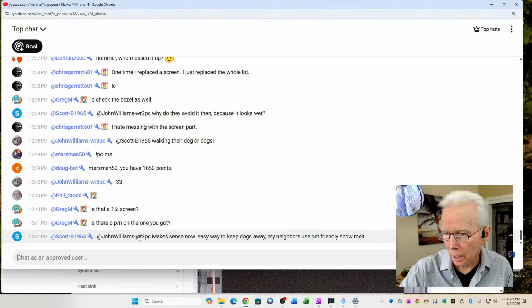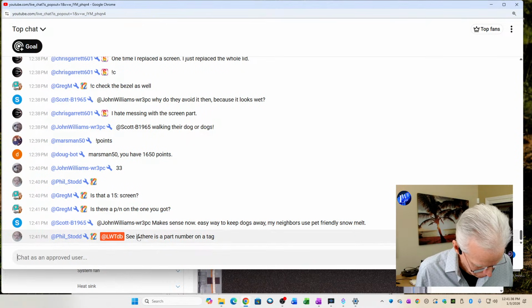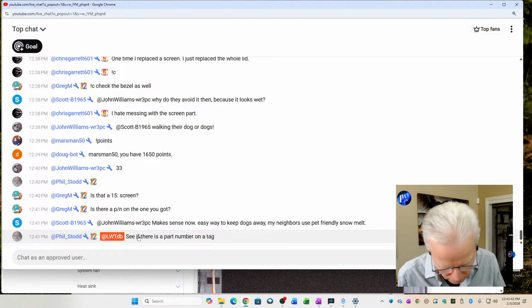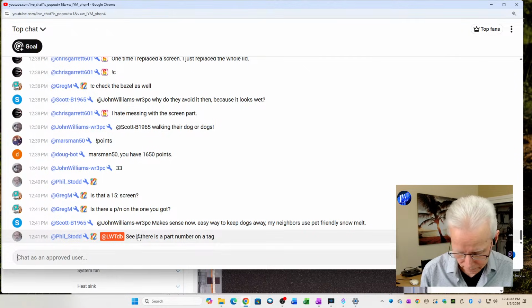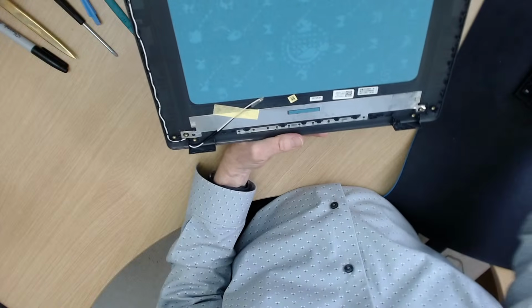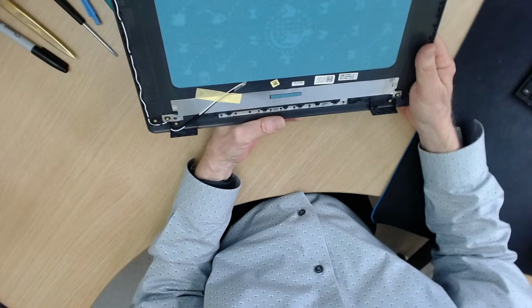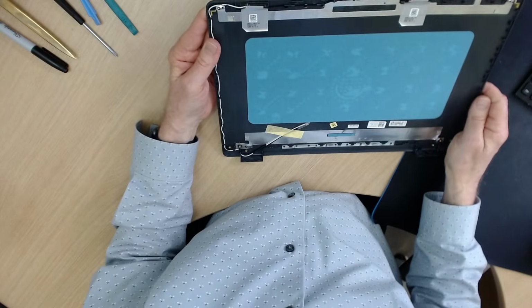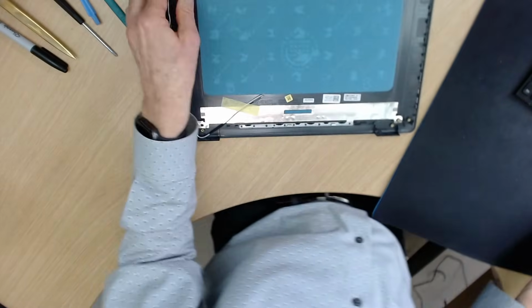Is there a part number on the one you got? Greg M asks. Yeah, there's a bunch of numbers. Is anybody able to come up with a link that we used last week for ordering it? And which of these numbers is the part number? Thinking it's likely that, but